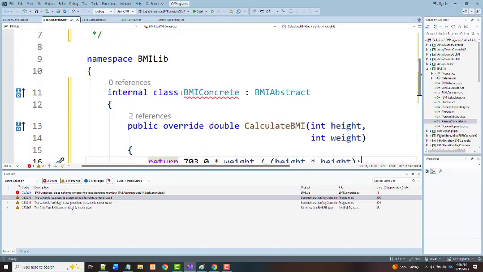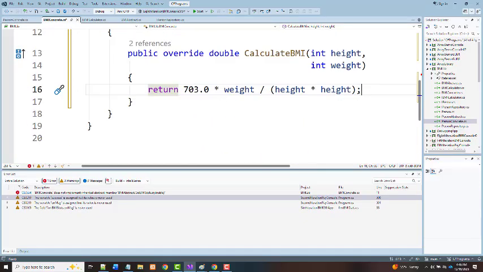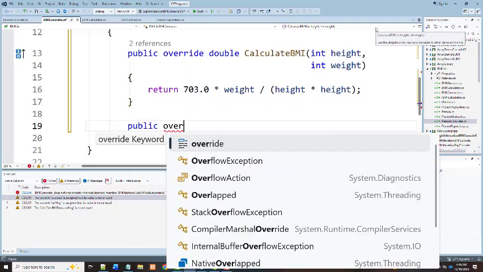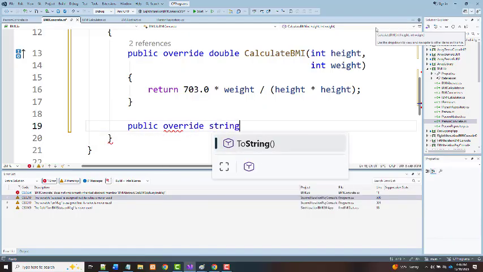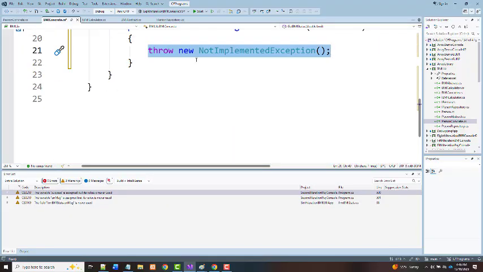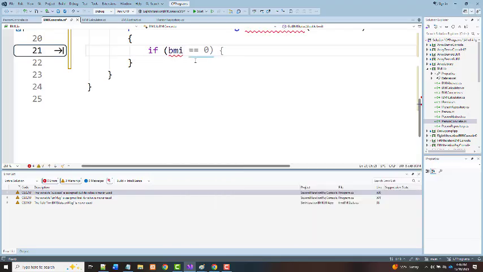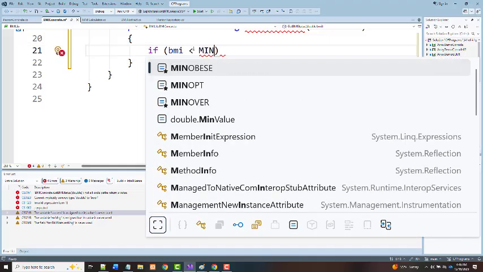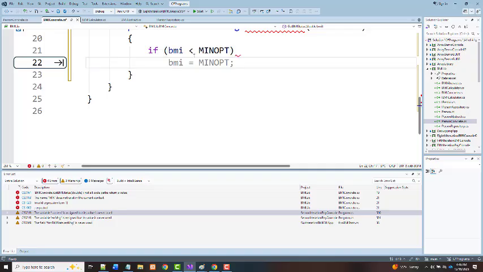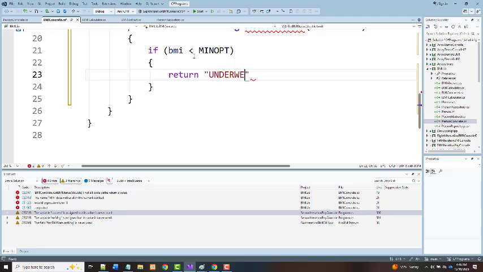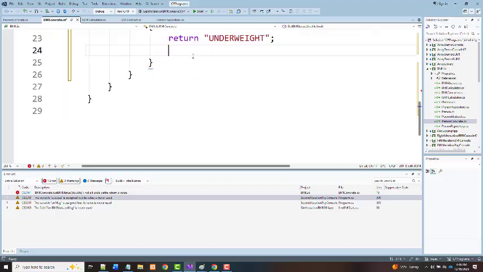Okay, so now that error is gone. Now we've got to write the other one. So public override string, and that's GetBMIStatus(double bmi). All right, so if BMI is less than min OPT, return underweight, oops,